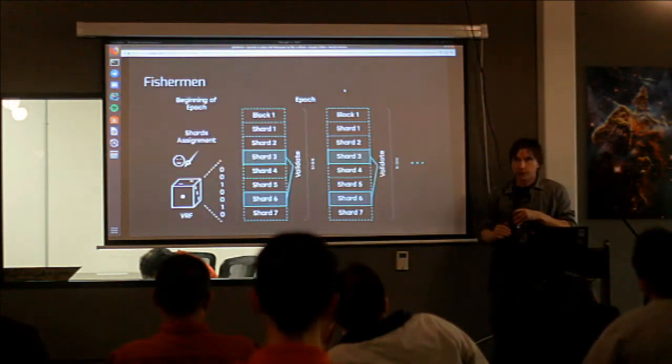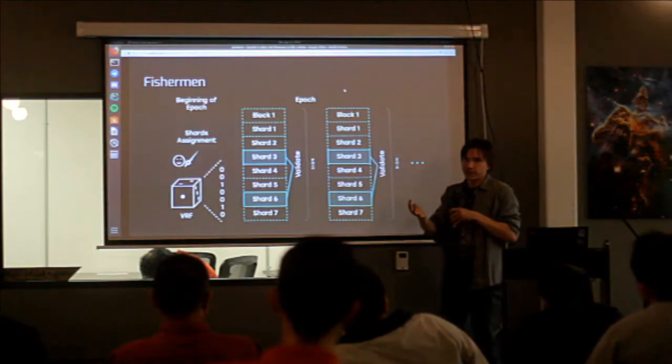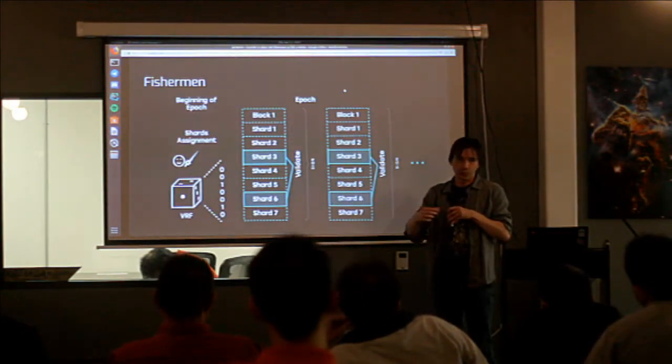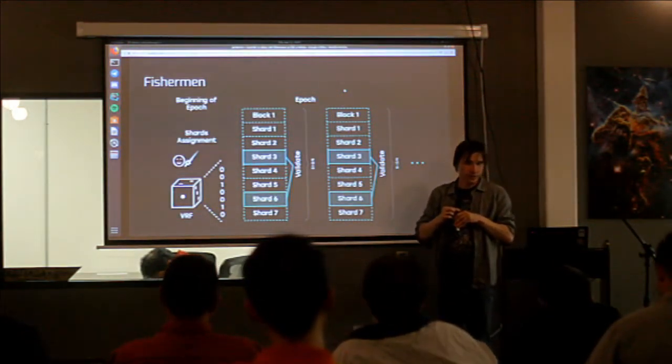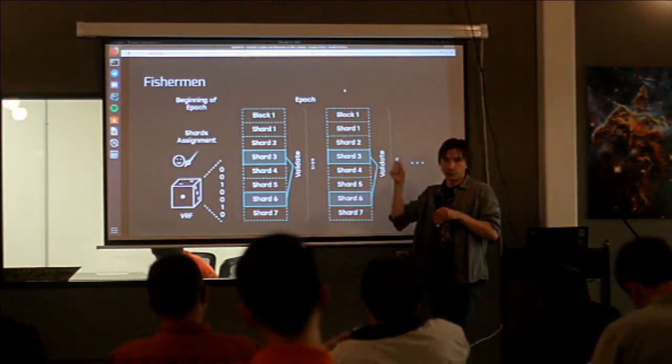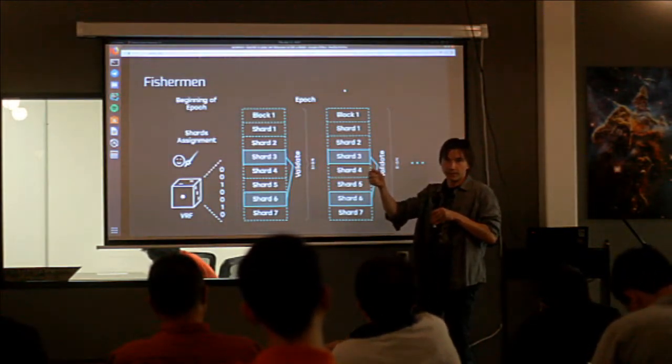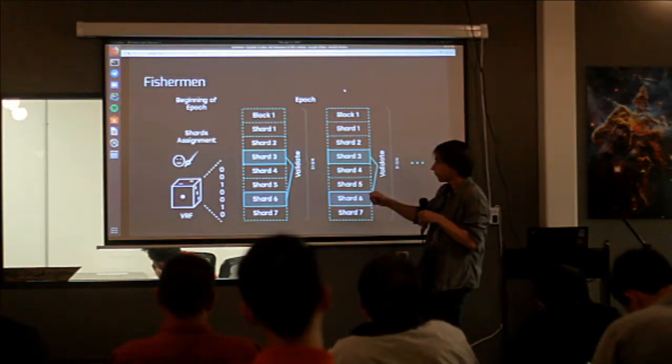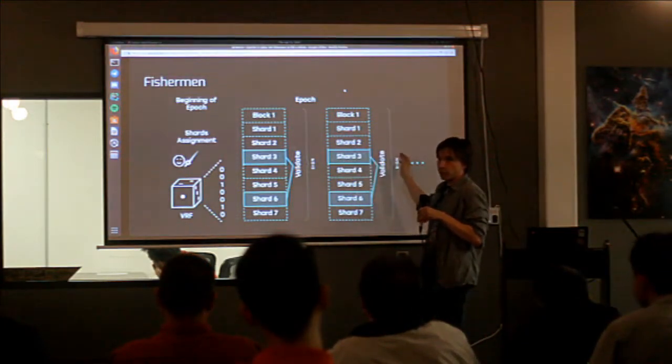Cool. So now let's say, but there's only 4 block producers, right? It is very easy to adaptively corrupt them. So what do we do with that? The idea is that there's another role called fishermen. And so fishermen, they're fishing whales, and hence the name whale fishing. And what happens is everything happens in epochs. You can think of an